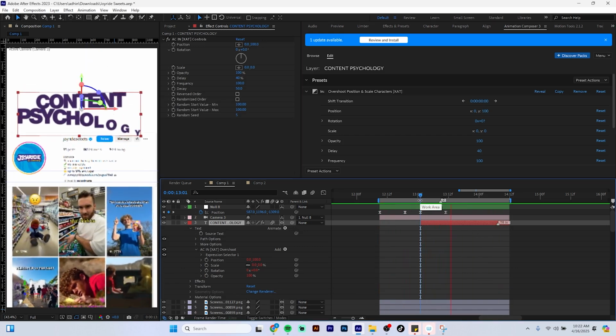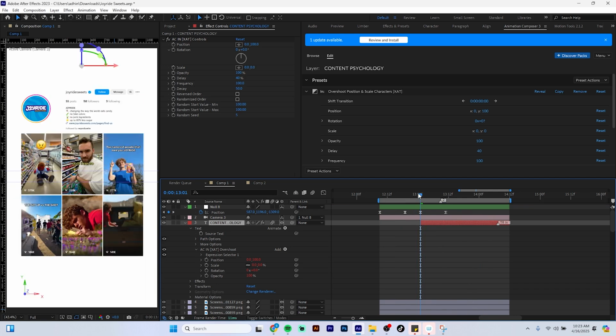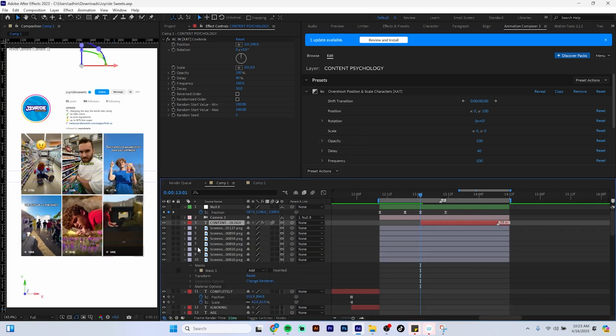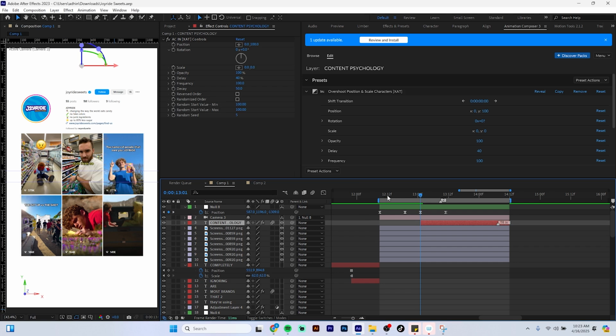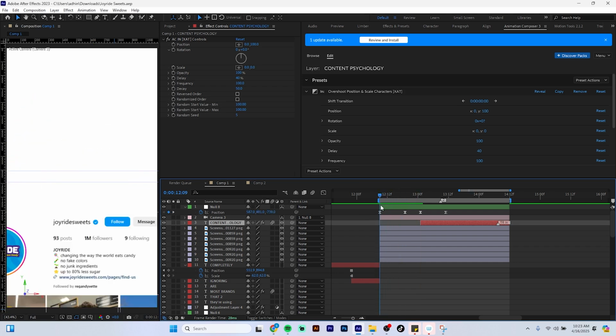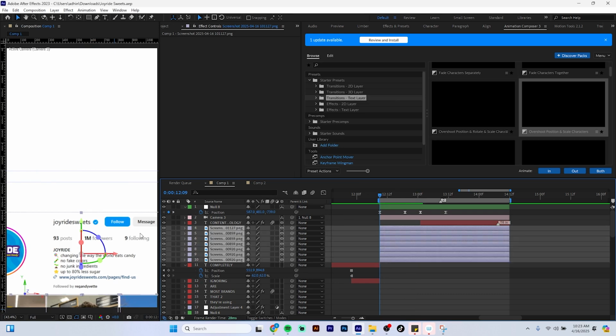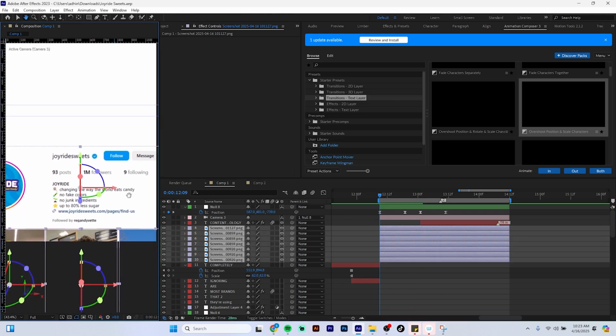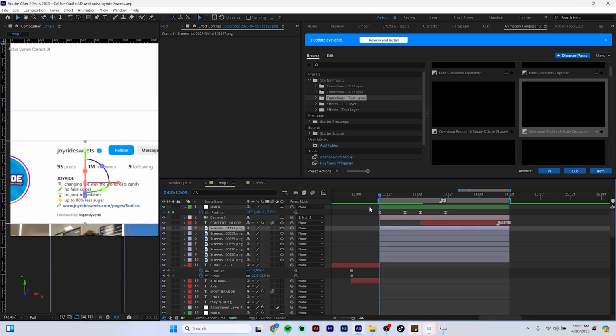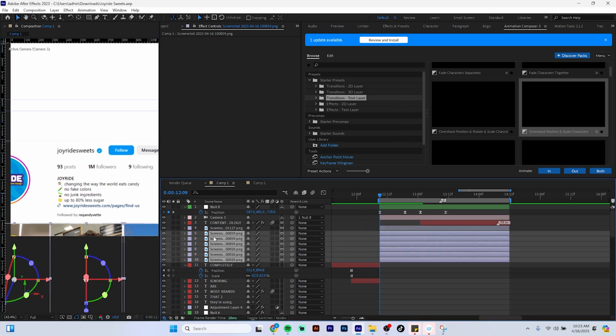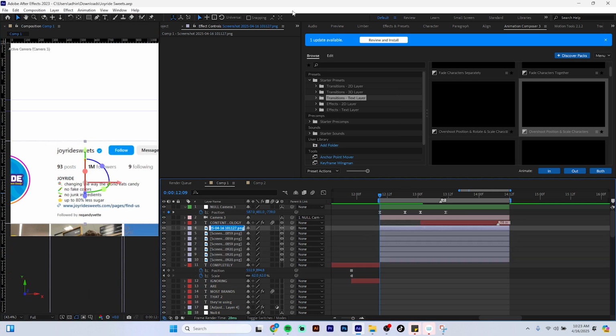It starts with their content psychology. All right, so now the animation is a little bit underwhelming, which I totally understand. Now what we are going to do is, for all these screens that we are using, except the profile, so all these 6 underneath, I'll just title this profile header so we don't confuse it. Profile header, and